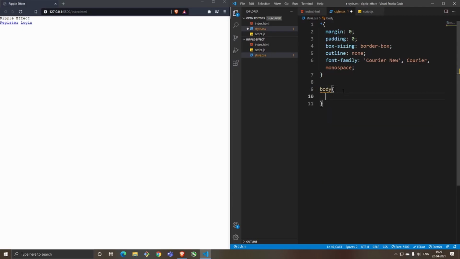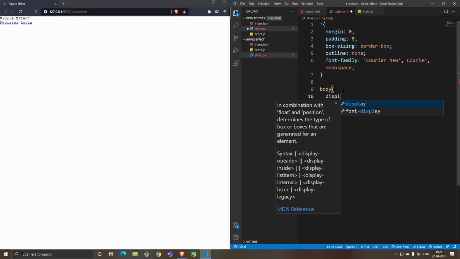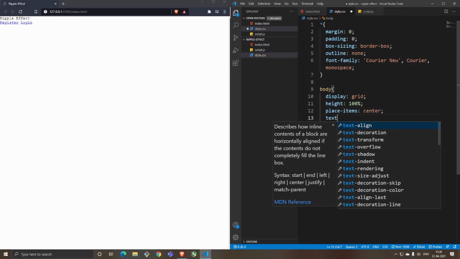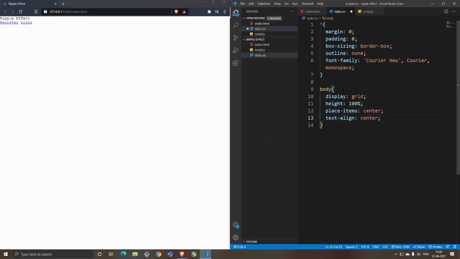So this says to HTML that we want the body tag, whatever is inside there. So for that, I'll use a couple of properties. Now what I have done here is I've just placed a bit of it, so you have the position of the elements to be in the center of the page. So once you save it, you can see it's in the center horizontally. Now if you want it done vertically, you can go ahead and do it.